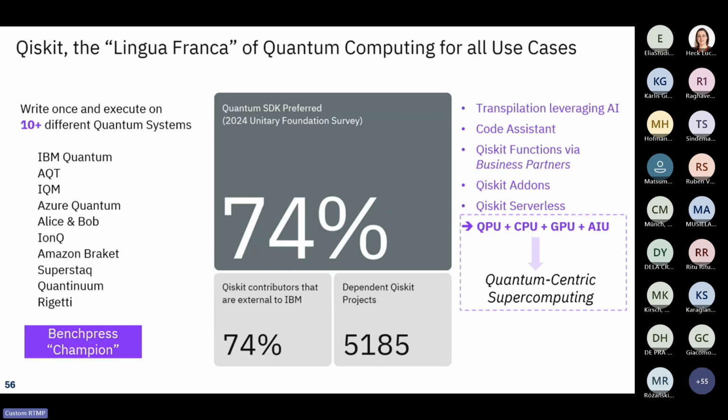But let's continue with the next topic. There is a kind of lingua franca, a general language, which is Qiskit, Quantum Information Science Kit, already mentioned by other speakers. It is a software development kit and a runtime environment running on top of Python, the most popular programming language today, that allows access to quantum computers.